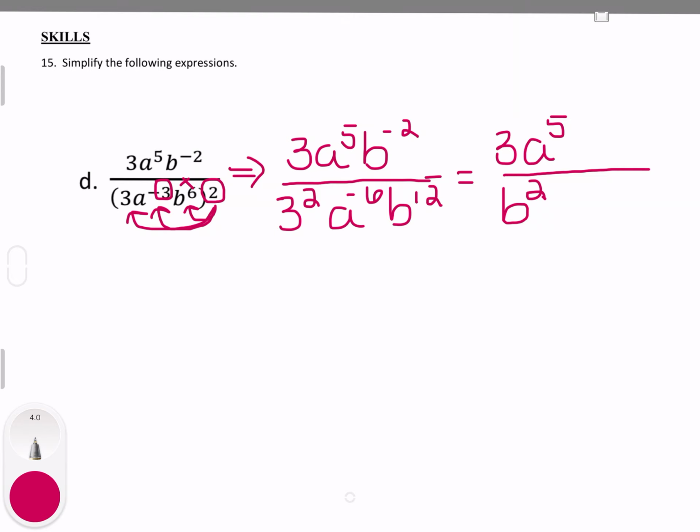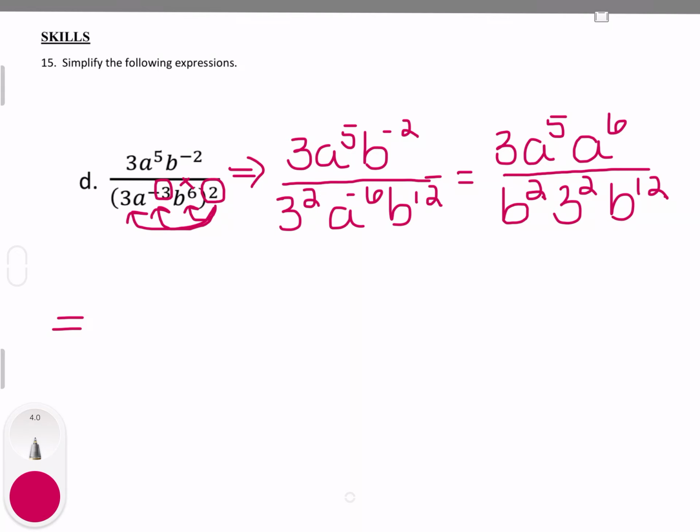Okay, so that's taking care of all the factors in the numerator, so let's look at the denominator. So our 3 squared stays down here because that's a positive exponent, and our a to the 6 moves up to the top, and our b to the 12th stays in the bottom. Okay, so now we have all of our exponents positive,